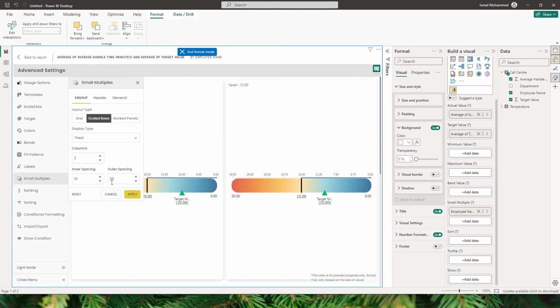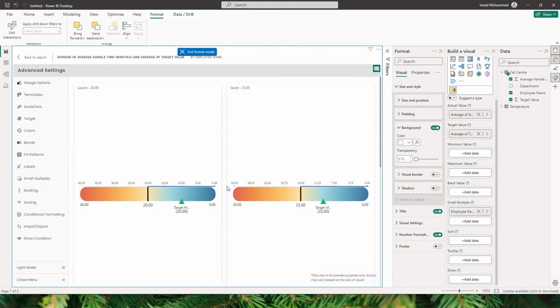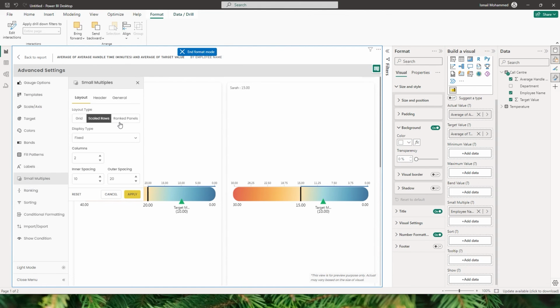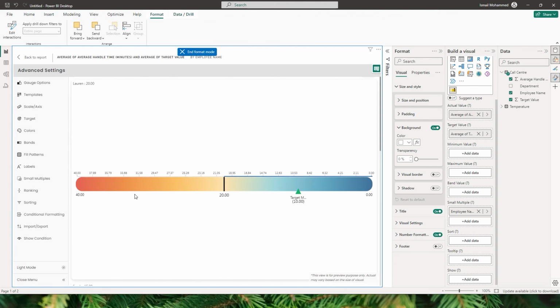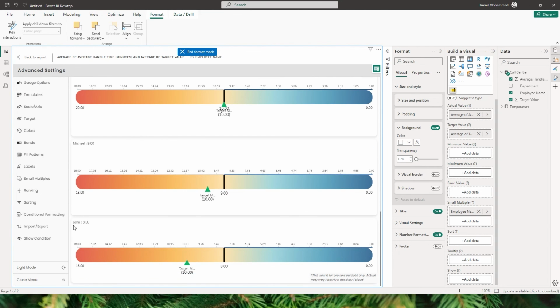If I increase this to 20 and click on apply, you can see that the outer spacing has now increased. So let me go back to small multiples here. The last option that we have here is the ranked panels. I can choose the fixed display type here and display just one column, for example, and click on apply. You can see that we've now sorted this by the ranking here. Lauren here has 20 hours, and when I scroll down, the last one that I have here is